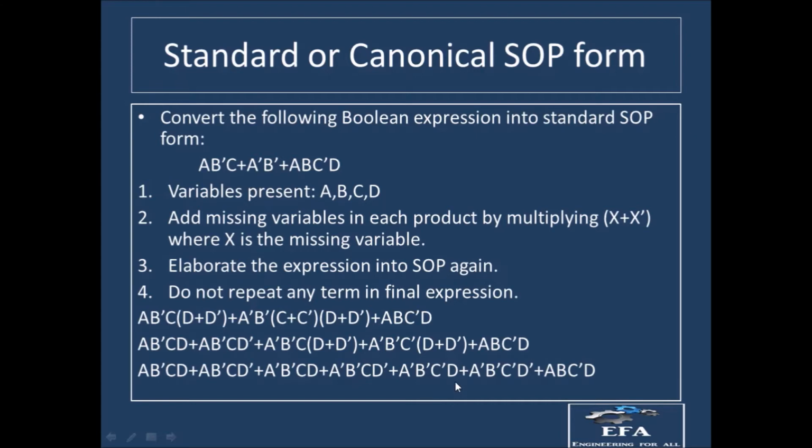So this is this expression, after removing all the repeated terms. Whatever you are left with will be your standard or canonical SOP form. In this expression you can see all the parts of this expression have all the variables. So this is having ABCD, ABCD, ABCD, and all the parts of the expression have the four variables, that is A, B, C and D completely. So this is the standard or canonical SOP.